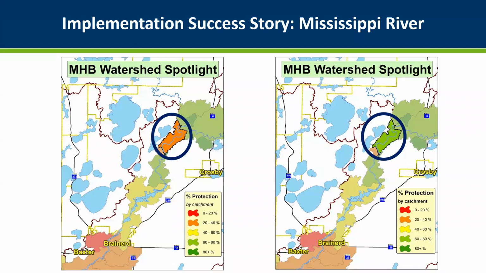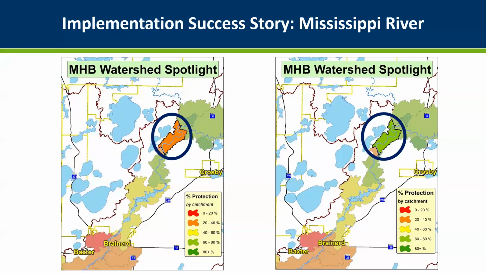Implementation success story. So this one isn't theoretical. This is real. Lake funding for easements has trailed river funding. The river projects just got out in front on this referendum funding business, and that's why we're going to a river-based system now, for an example. So Mississippi Headwaters Board, MHB, is an 8-county joint powers board in north central Minnesota. Their purpose, established in 1980, was to protect the first 400 miles of the Mississippi River. Very unique, I believe,